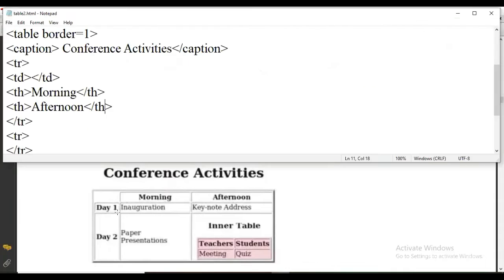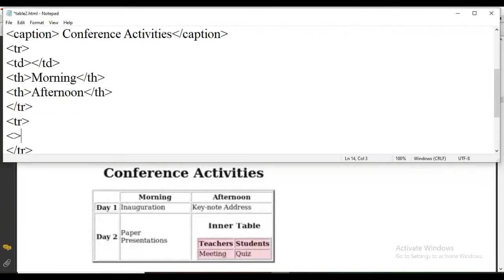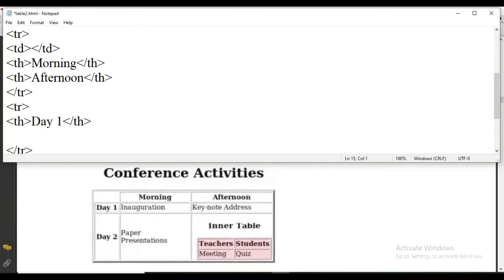Now in next row, in first column, that is th again, since day one is in bold and italic, so we are writing th day one, th close. Then in second, below that morning, second row, second column, inauguration is written and it is normal. So TD we are going to use here.